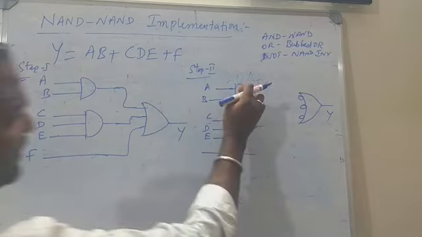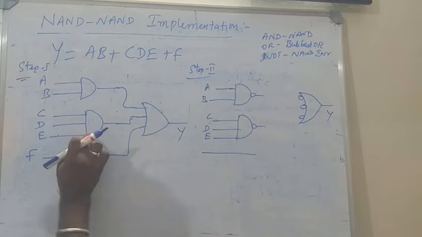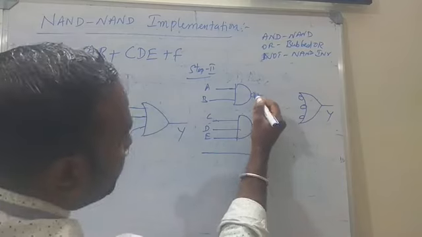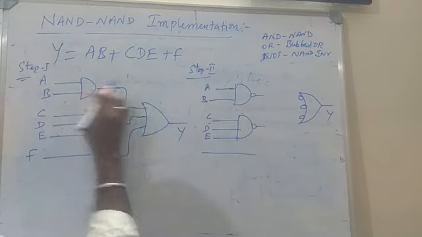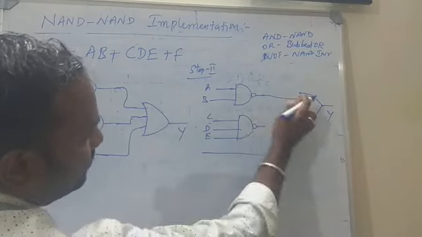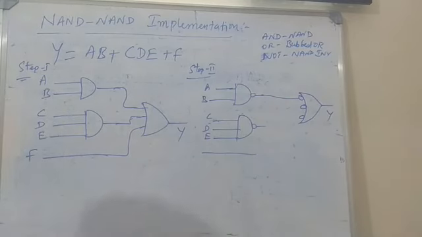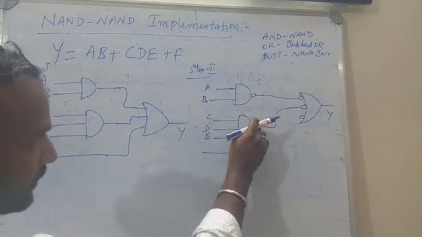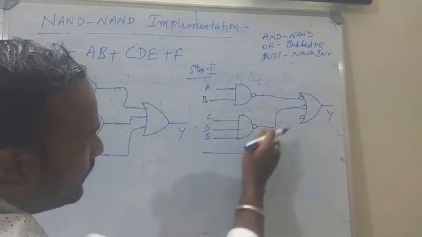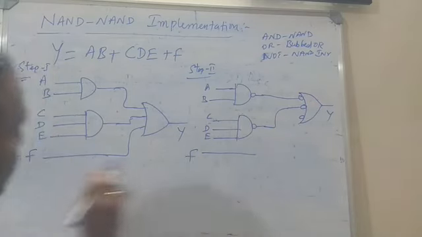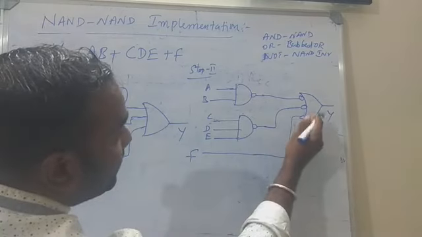Here I have replaced AND by NAND, and this is also AND by NAND, and OR by bubbled OR. See here, one inverter I have added. So here one inverter, here no inverter is there now. So here one inverter added, and here one inverter added. So this inverter and this inverter get cancelled. No need of adding; compensating an extra inverter is not necessary. Also here, at the AND gate I added one more inverter, and here also one more inverter I added. So this inverter gets cancelled, that is compensated. So what about here F? F is separately connected to one inverter.